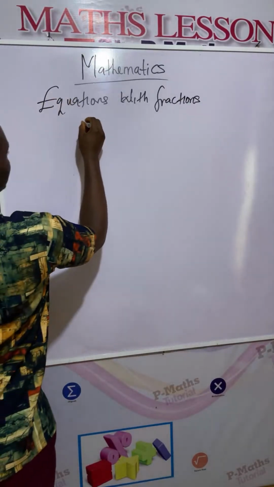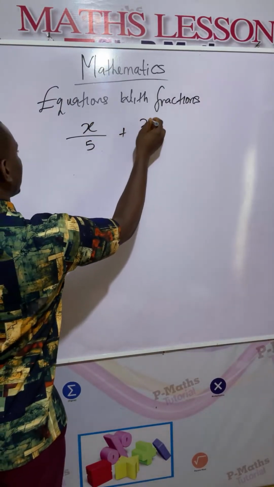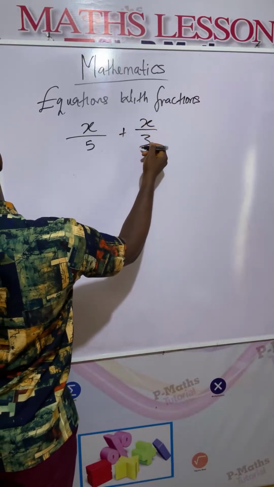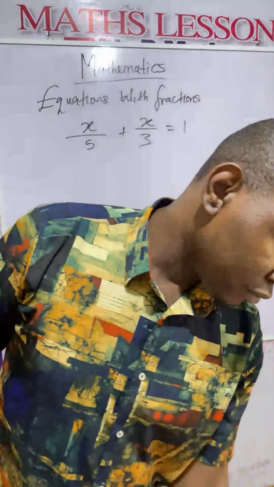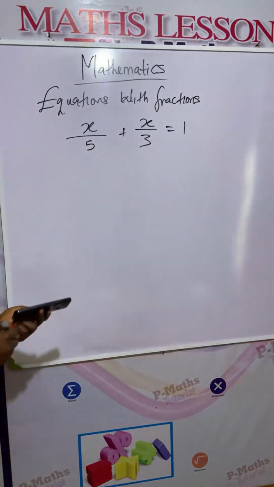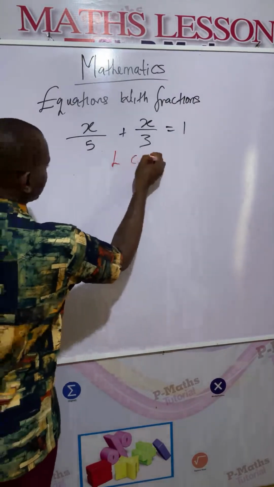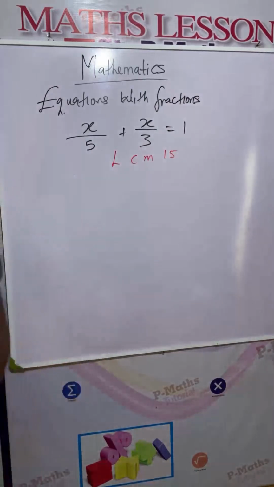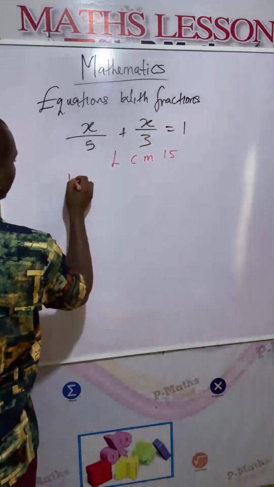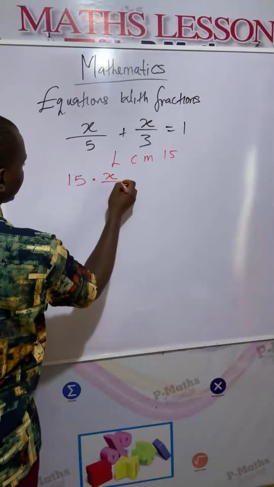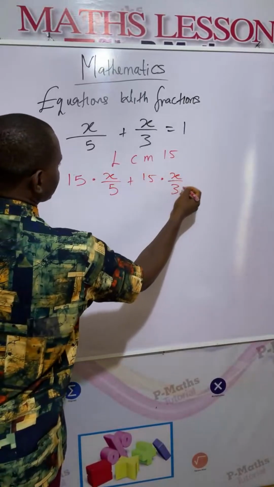So we have this question looking simple. x over 5 plus x over 3 equal to 1. So what's our LCM? The LCM of 3 and 5. I believe you know the LCM should be 15. Okay. So use 15 to multiply through. I have 15 times x over 5, 15 times x over 3 equal